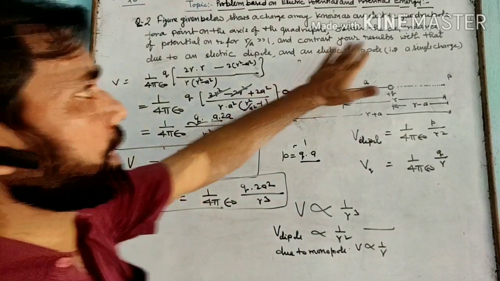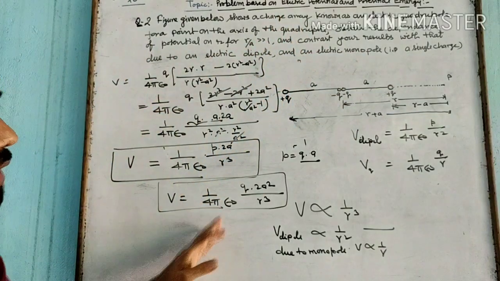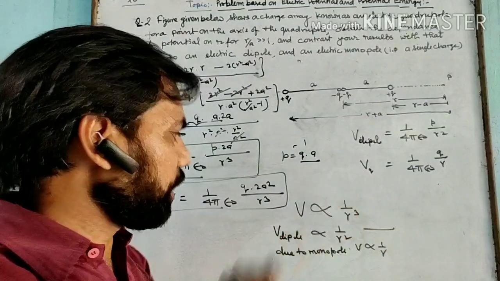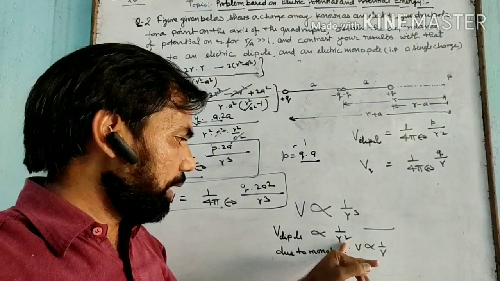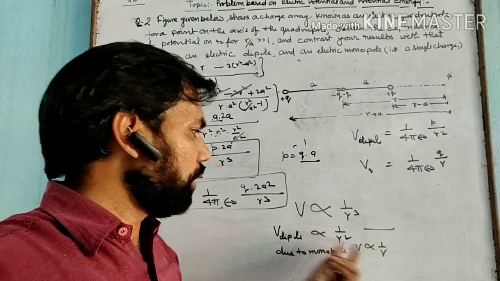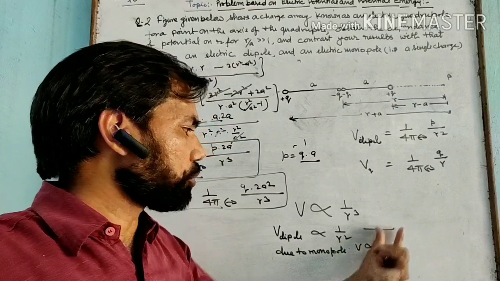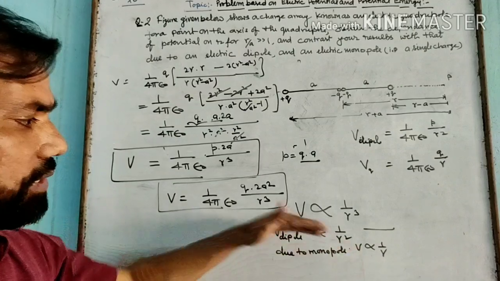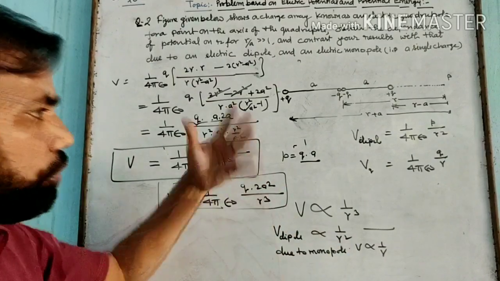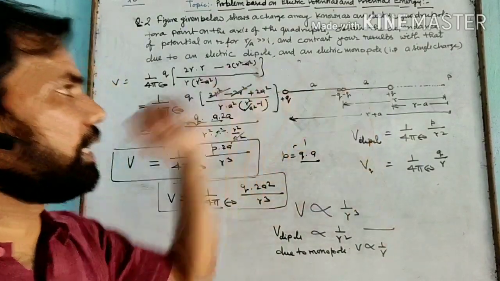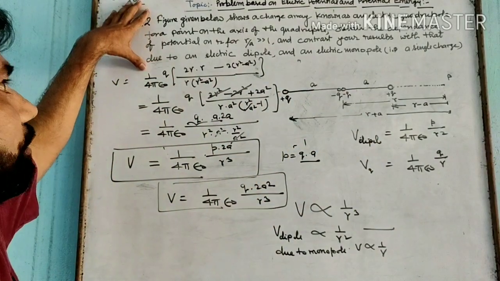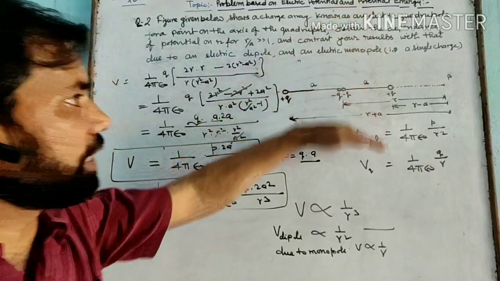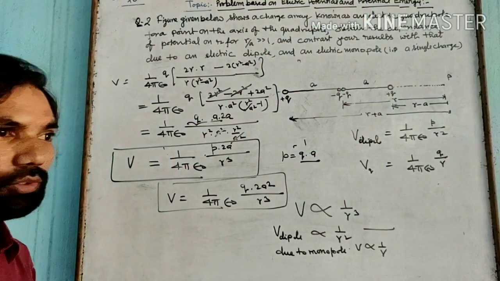So if we want to contrast or compare the results, we will find that quadrupole के कारण जो electric potential है it varies, V is proportional to 1 upon r cube, और electric potential due to डाइपोल 1 upon r square के प्रोपोर्शनल है, और मोनोपोल यानी सिंगल पॉइंट चार्ज के कारण proportional to 1 upon r है. तो जैसे जैसे हम सिंगल पॉइंट चार्ज, डबल पॉइंट चार्ज कॉम्बिनेशन डाइपोल में गए, क्वाड्रुपोल में गए, तो हम देखें कि वेरिएशन अलग अलग आ रहा है. तो this is asked the question that find the electric potential at P due to quadrupole and also compare this result with the dipole and single point charge. Okay, so this is all about.